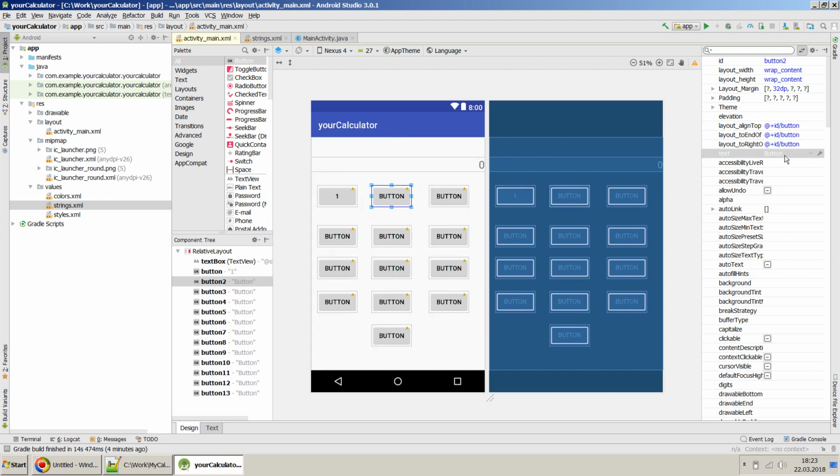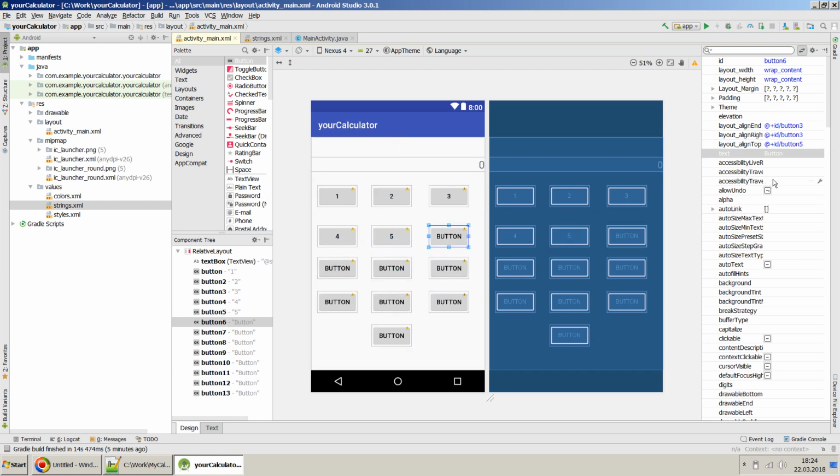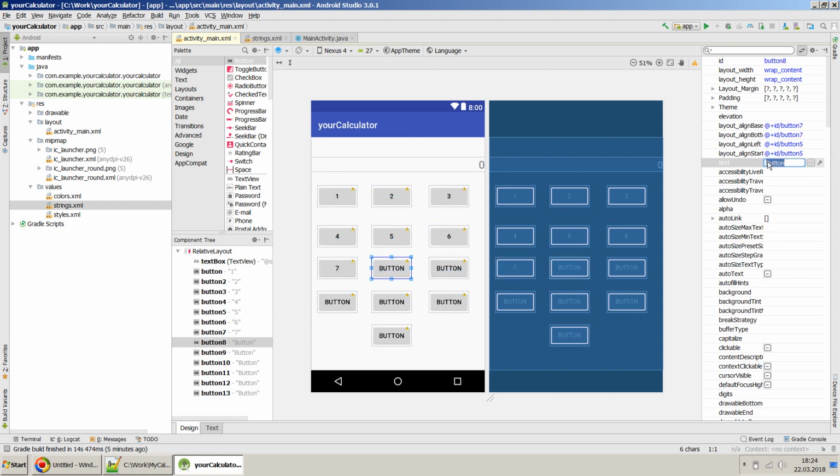You can observe that there is a yellow mark on all of these buttons. Of course, that also we will have to fix. We can quickly use the fix button which Android Studio pops up with the option. Then 5, then 6, 7. So all these buttons become my keypad,